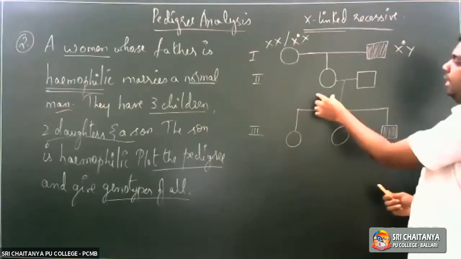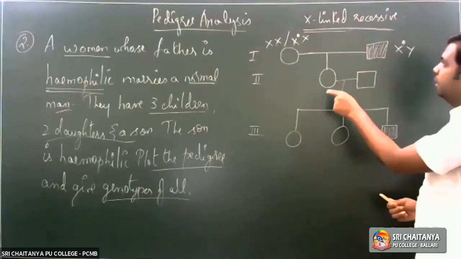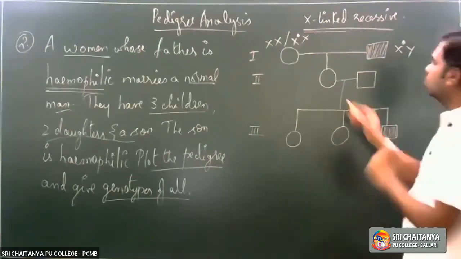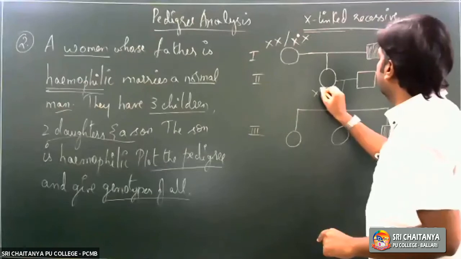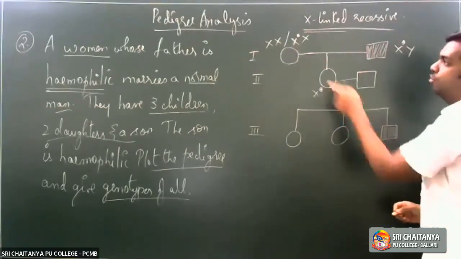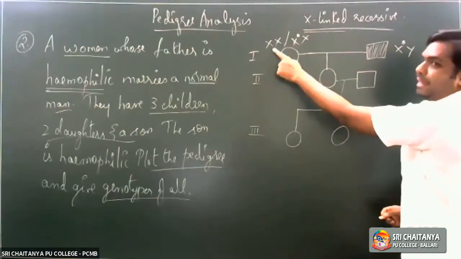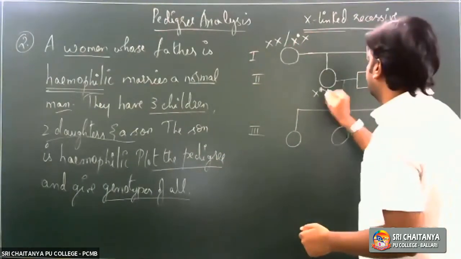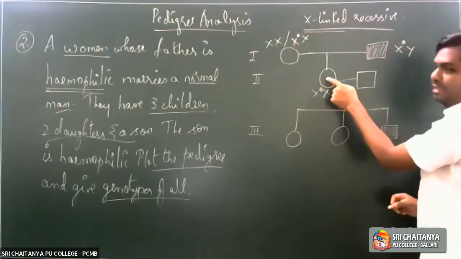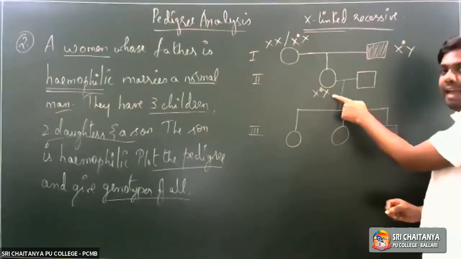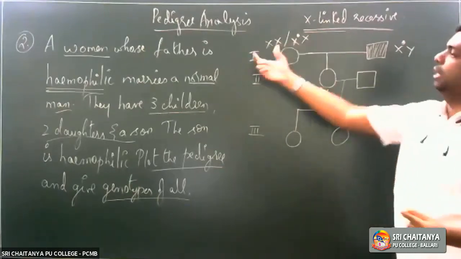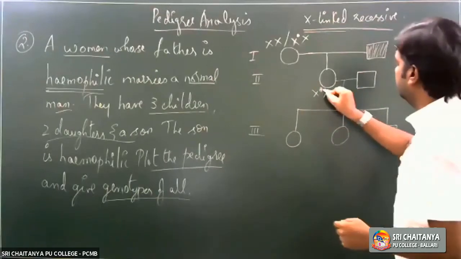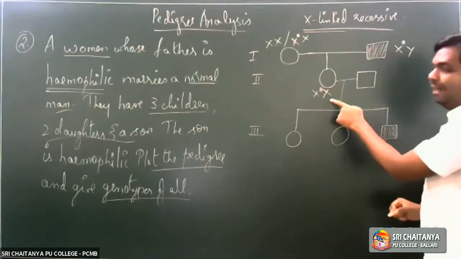Let's now get to the second generation female here. If it is a female, the father will give an X chromosome, and that X chromosome has a mutation here, right? Now, which chromosome comes from the mother? It would be the normal X. So the child here in the second generation is a carrier of this mutated gene for hemophilia. So the genotype of the child would again be X dot X.